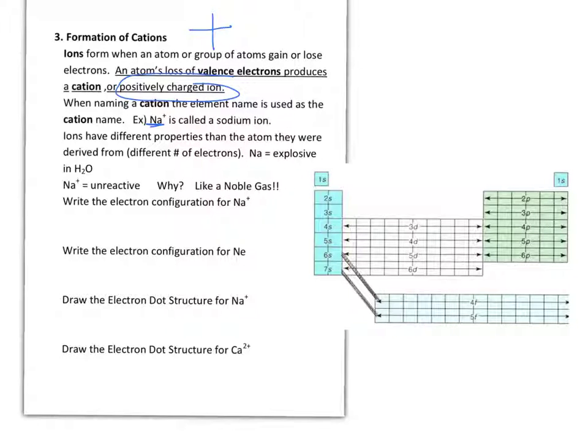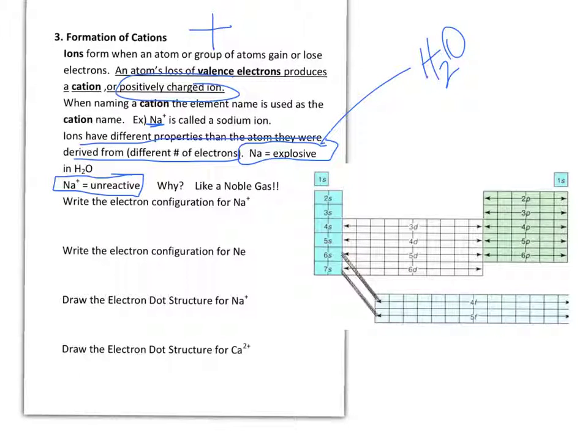Now, ions have different properties than the atom they were derived from. For example, if you just take sodium and you put it in H2O, it is explosive. Whereas if you take Na+, it is unreactive. The reason why is because by losing that electron, we have formed the electron configuration of a noble